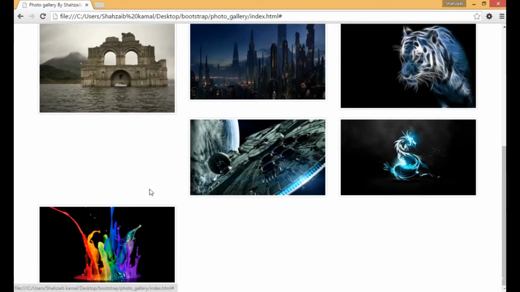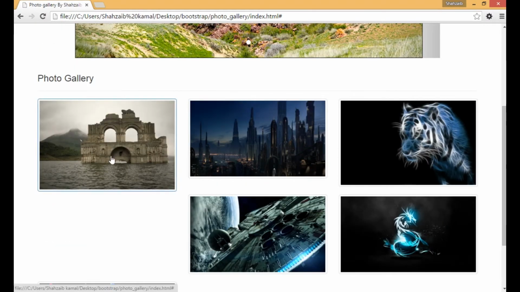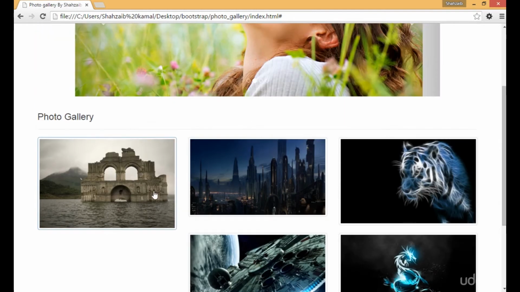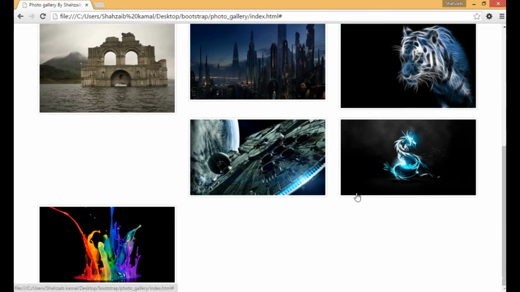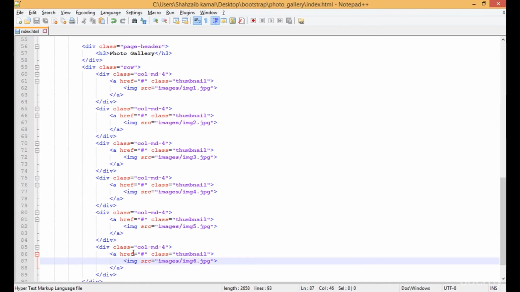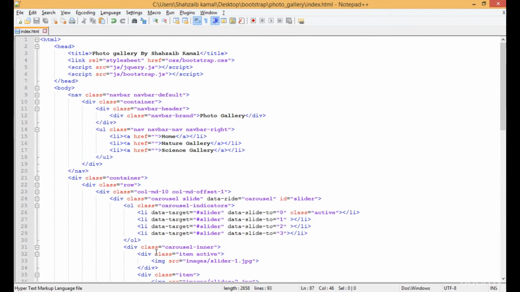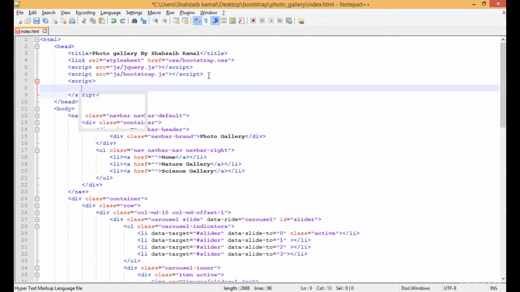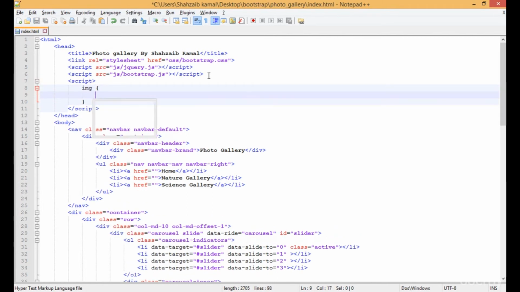Now I've added a lot of pictures here. This picture is actually going out of the size. How to manage the size of the pictures? Every picture has a slightly different size. So for managing these pictures, go to the top area, go inside the head, and create the script. Going inside this, I'm calling the img, and inside this img the